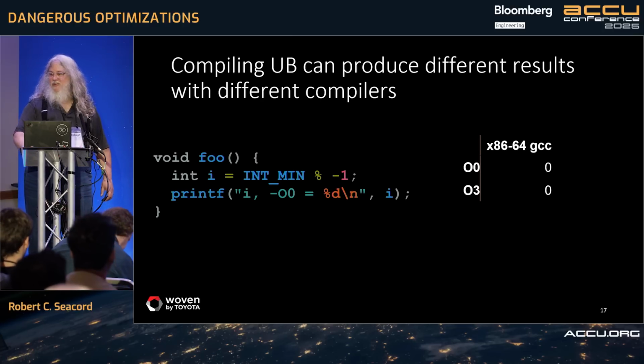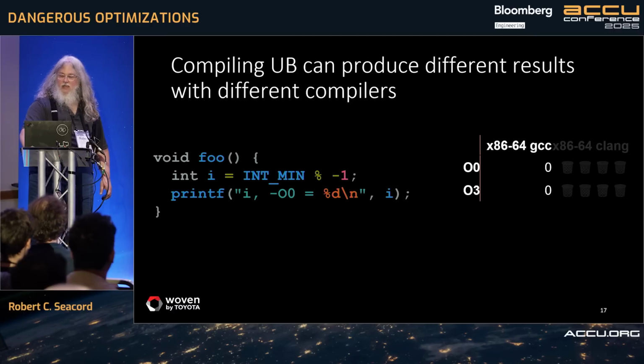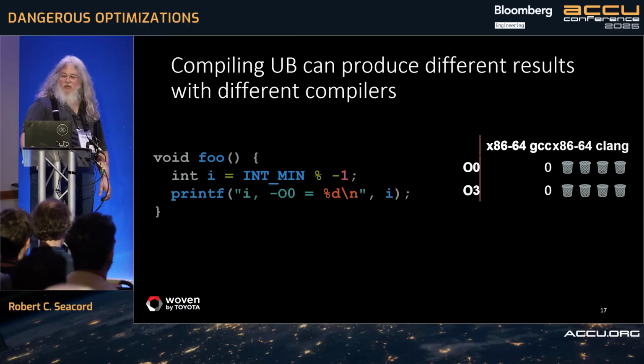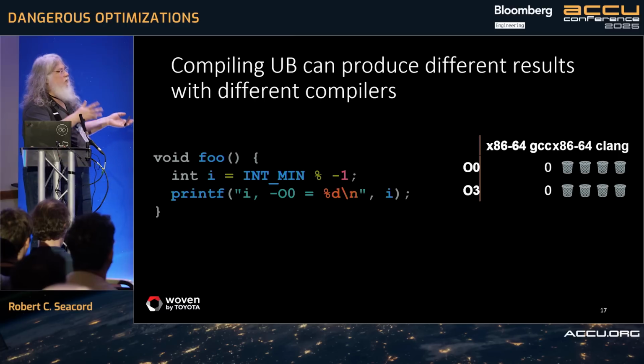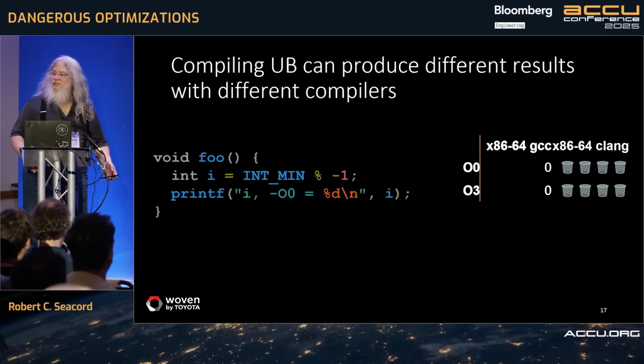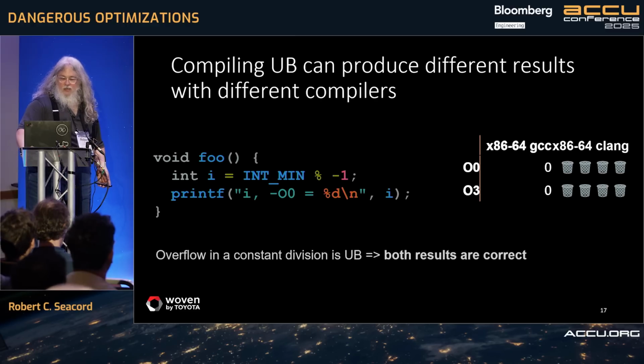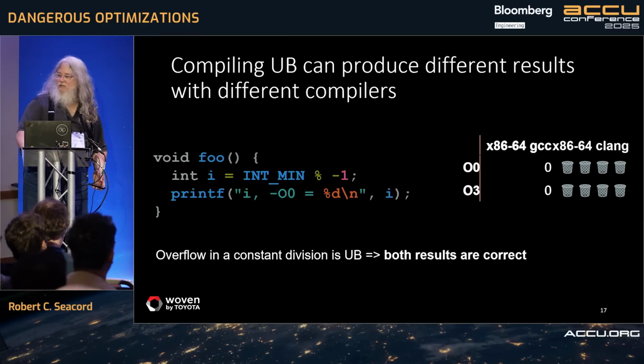Because, hey, I'm getting 0. 0 is the mathematically correct answer. On x86-64 Clang, you don't get zeros. You get kind of UB garbage results. Most people would expect the same results from those two compilers, but it's not the case. Neither of these results are wrong because it's UB, so anything can happen.